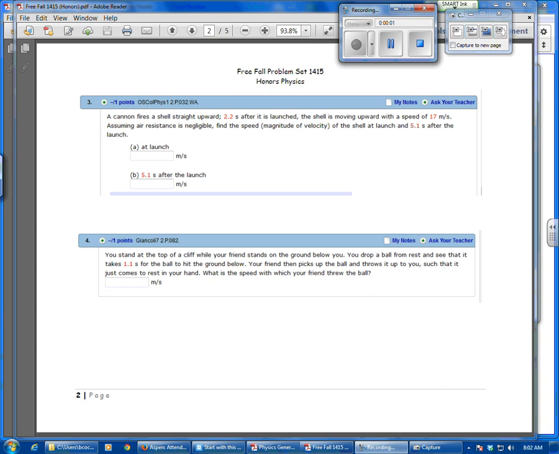Alright, we're going to start with number 3 here. We have this cannon that shall go straight upwards. A certain time after launch, it's moving upwards with this speed. So, if it's moving upwards with that speed 2.2 seconds after launch, do we assume that its original speed was higher or lower? I'm going to assume that it was higher, right? And that because